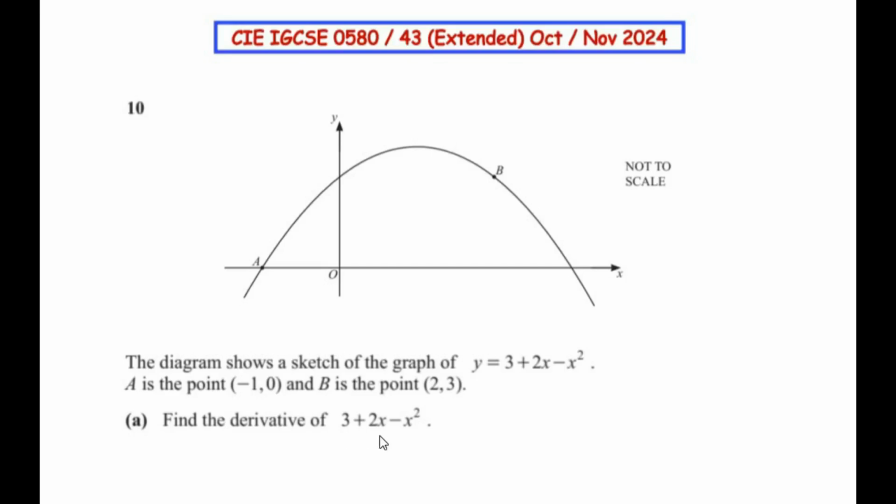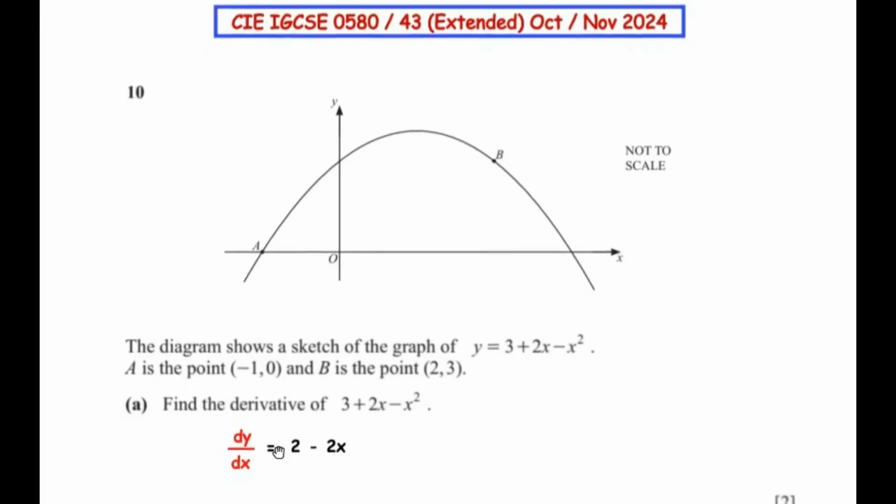Find the derivative of 3 plus 2x minus x square. So we have to find out the derivative, that is differentiation of this expression with respect to x. So here we have written dy by dx, that is differentiation of this equation with respect to x. Now remember that the derivative or differentiation of a constant like 3 is going to be 0. So here we have not written anything for 3, plus 2x, the differentiation of 2x becomes 2, minus, so for